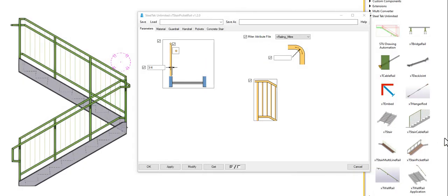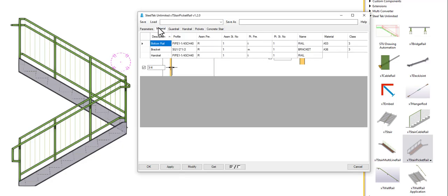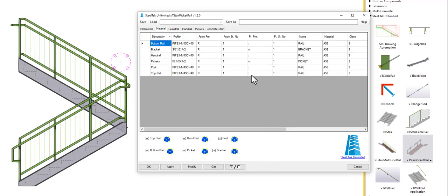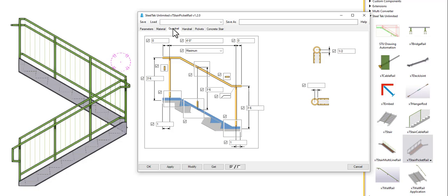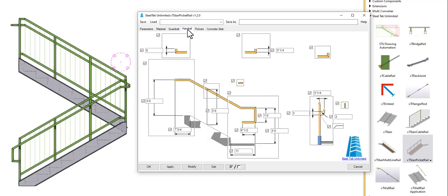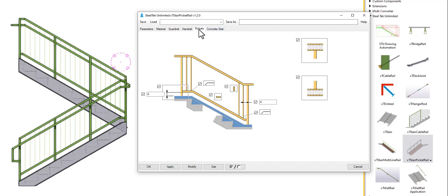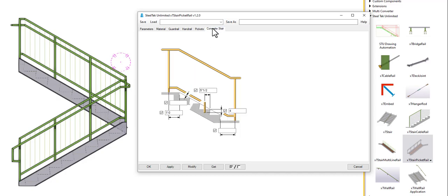The xTStairPicketRail can be found in the Technical Applications and Components pane. We have the Parameters tab, Materials tab, and Guardrail tab. It has the top rail on the post, the handrail, and the bracket information. Pickets has the pickets and the bottom rail settings. And the concrete stair, we have some separate settings for if you're applying this to a concrete stair instead of